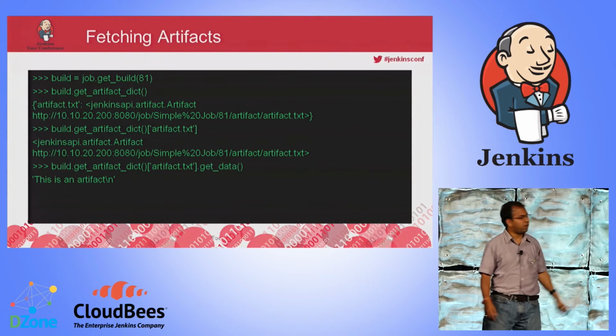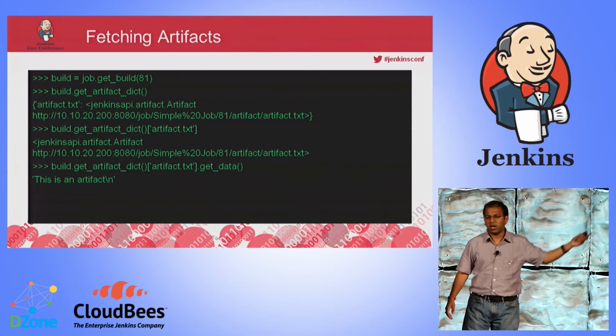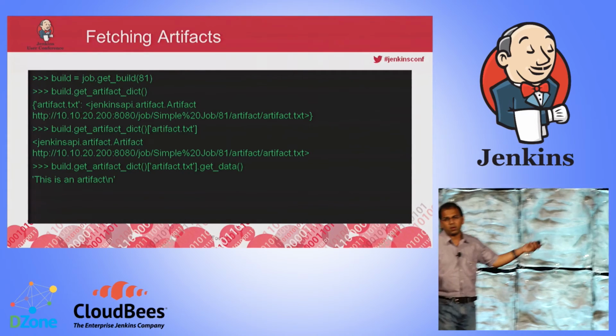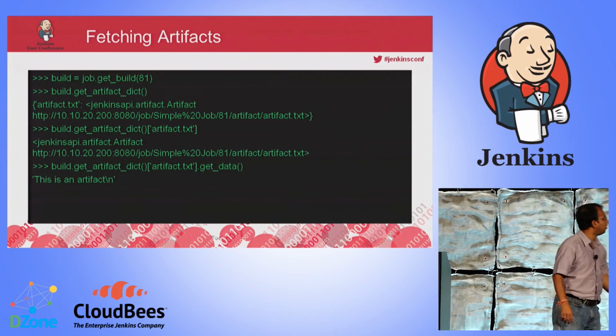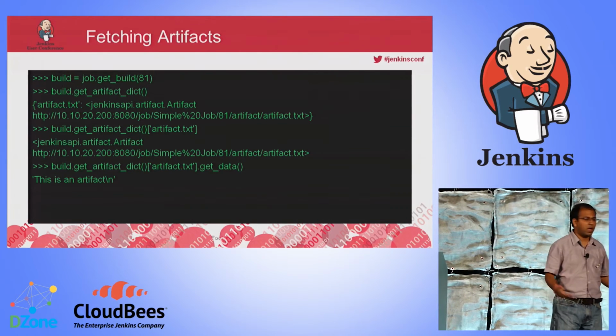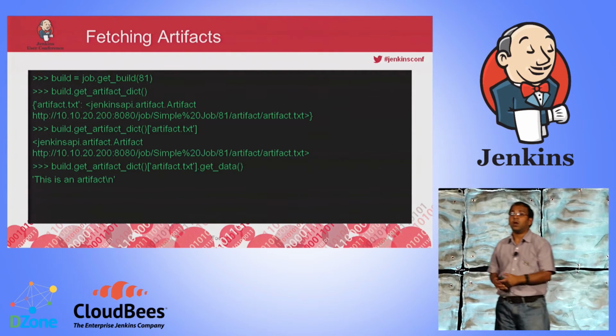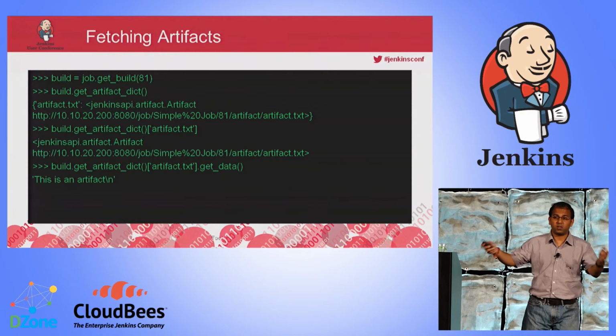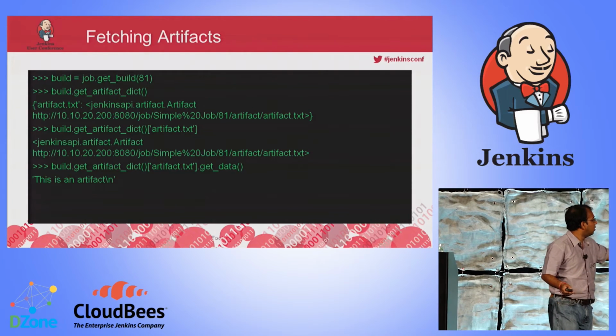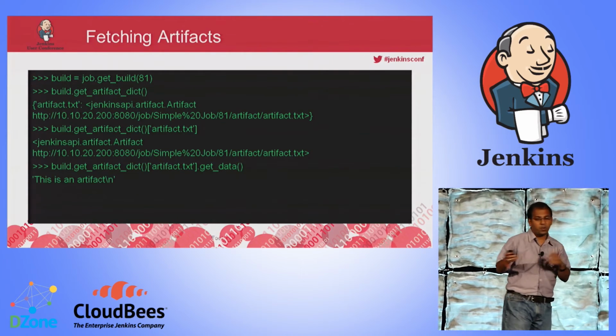So get data, it's a text file. In my case, it was a simple text file. But if it had been binary data, it would have printed some gibberish. But yeah, I'm trying to give you the idea of what all you could do with it. You could save it to a different place. Since you have the path, you can copy it over, you can save it